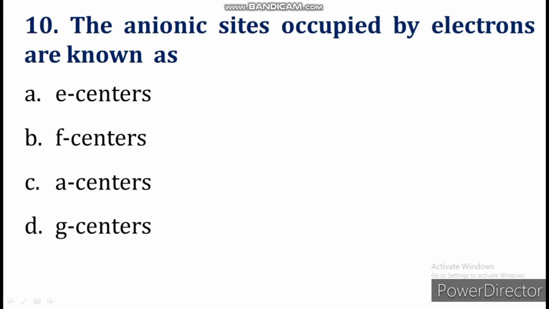Now let's see the 10th question. The anionic sites occupied by electrons are known as what? What are anionic sites? In a metal excess defect, let's take the example of NaCl. Let's say this is Na plus and this is Cl minus. If I pass vapours of sodium over this crystal,